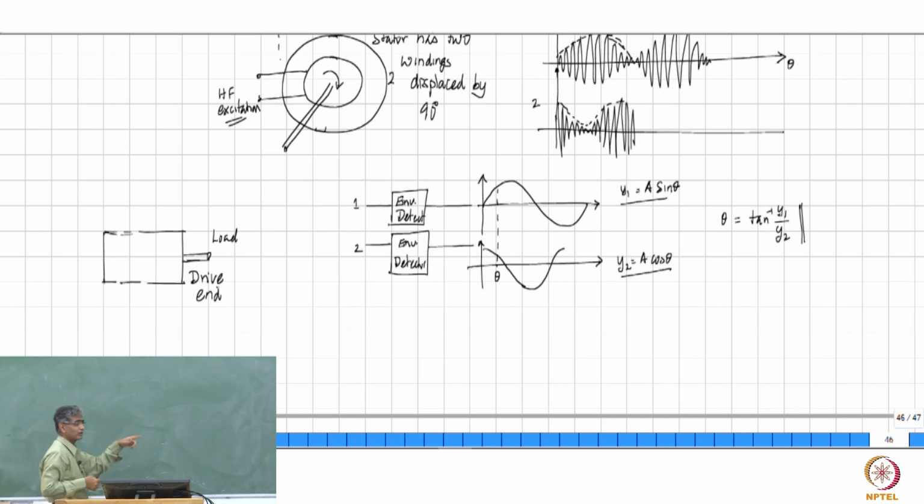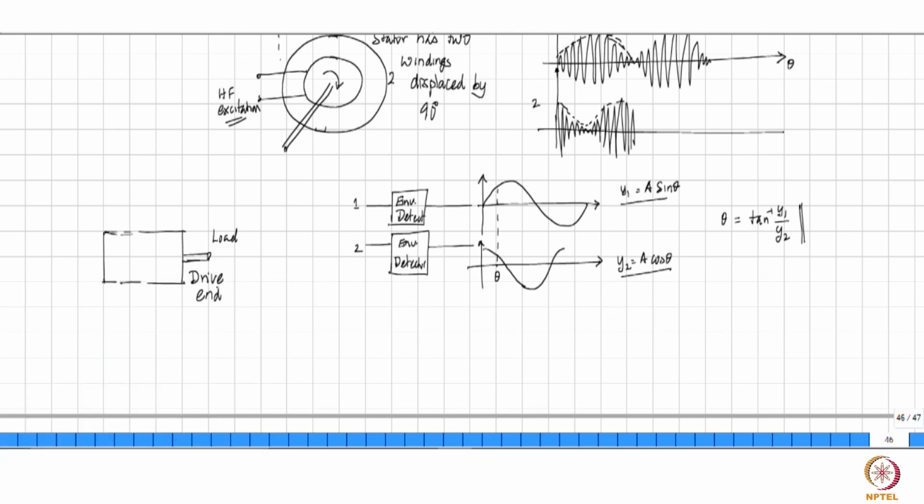You can't put the encoder here. I mean, obviously we said that the encoder must be linked mechanically to the shaft so that the encoder rotates at the same speed. So this must rotate at the same speed as that of the shaft, which means that they must be mechanically linked together. And since you are going to connect this side to the load, you cannot afford to put the encoder here, there is no space, right?